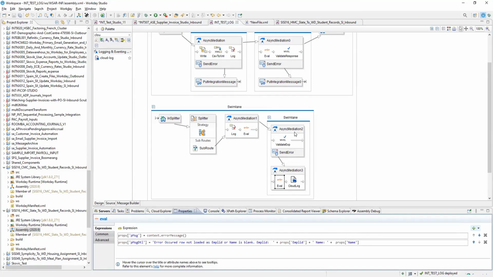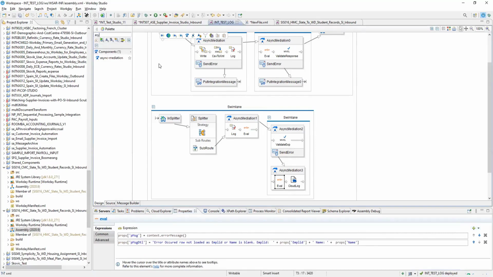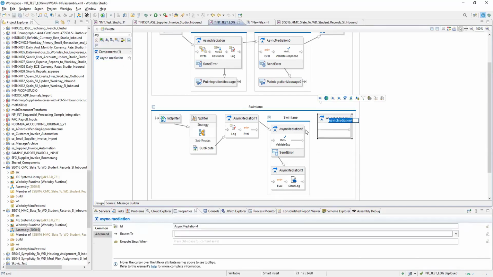Now, say after this, where should the flow go? Flow should go to the next component, right? Say, for example, I want to put another async now. After this, there is another part which needs to be done.